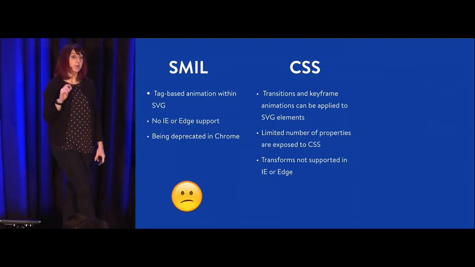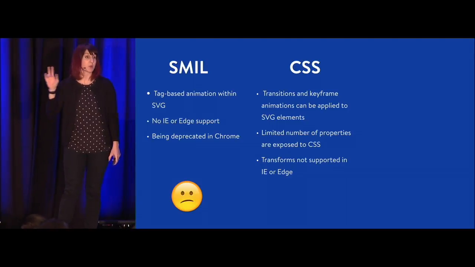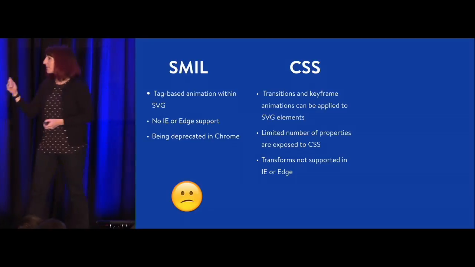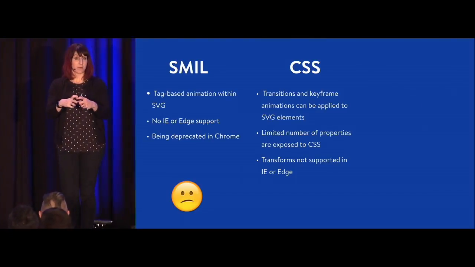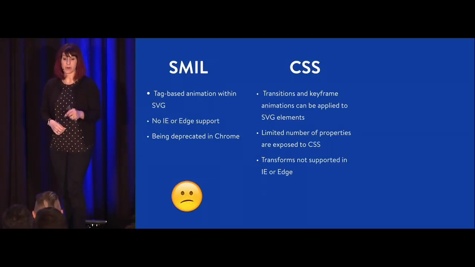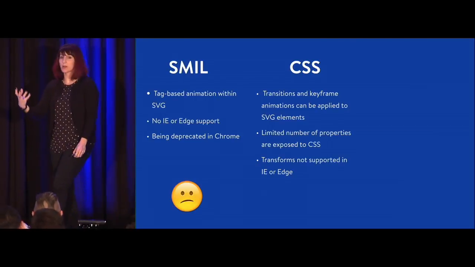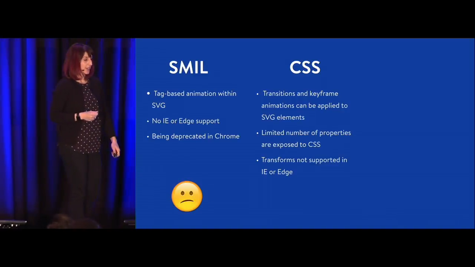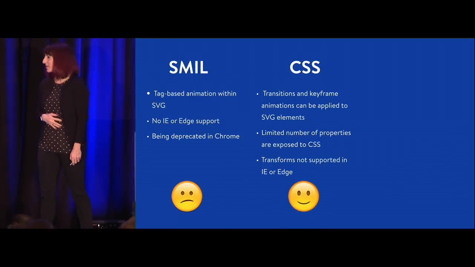That list of properties will get longer with SVG 2, which is why in some versions of Chrome you can do things with CSS that you can't do in Firefox, and eventually those will all be at parity. The one main problem is that transforms on SVG child elements, that's the key part there, are not supported in IE or Edge, which means if you wanted to translate a thing or scale a thing, an SVG child element with CSS, it would not play in IE or Edge,